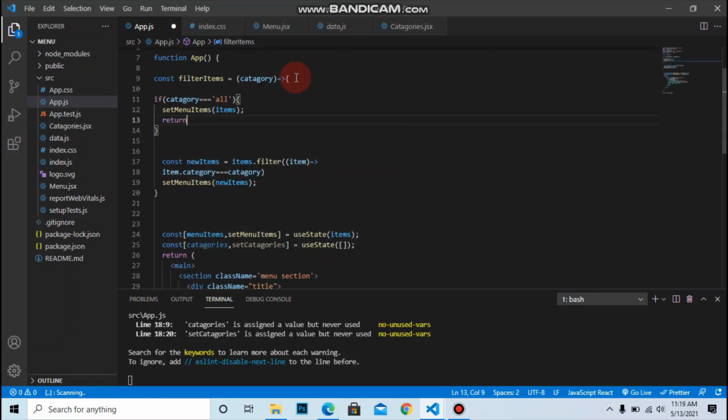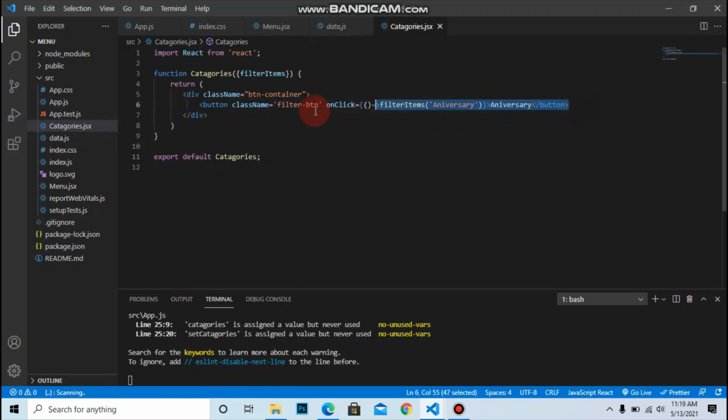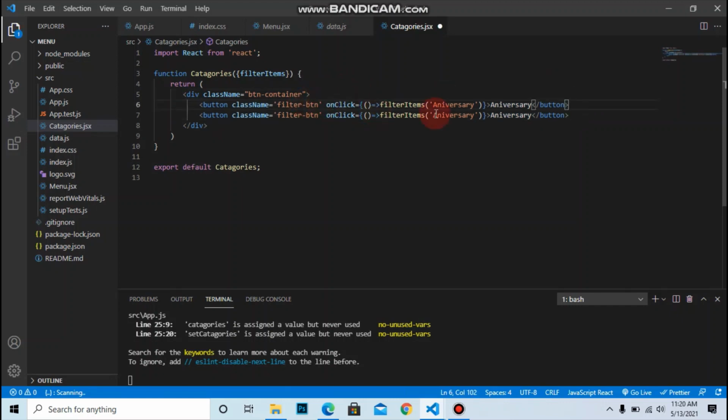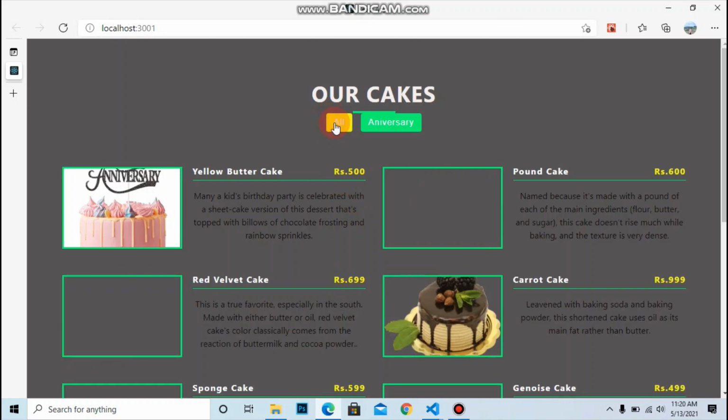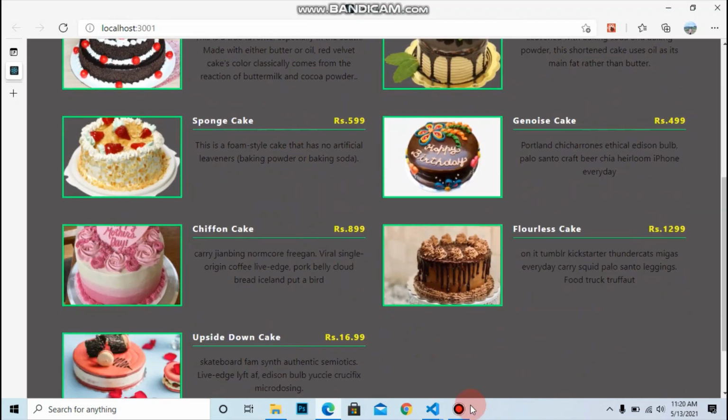Return all the items if category equals all. And let's make the all category. Let's copy this and paste it above this button, that is filter button, onClick, all. Then let's save it and go to the browser. So this is the all, where all the items are placed.